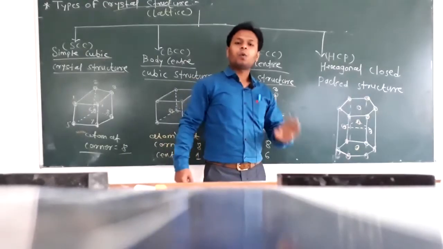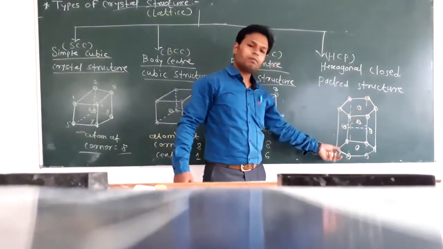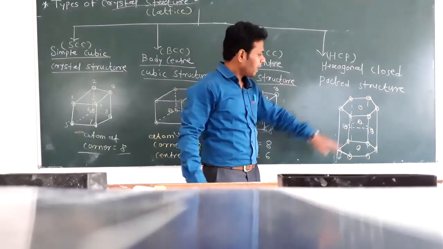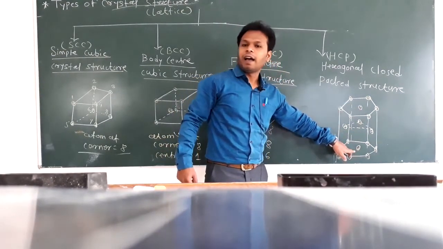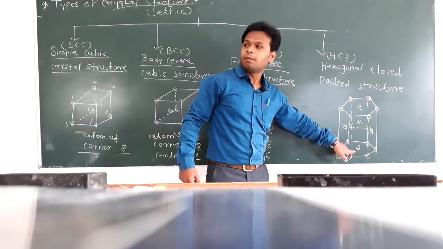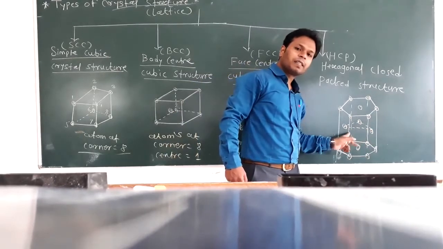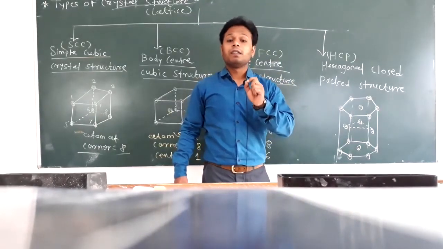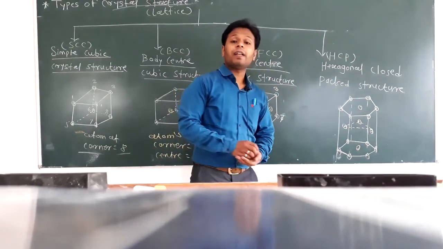There are 12 atoms placed at the corners of the crystal structure. Then there are 2 atoms placed at the top surface and bottom surface of this crystal structure, and there are 3 atoms placed at the rhombus point of this crystal structure, known as hexagonal close packed structure. See, we are seeing there are 12 atoms at the corners,